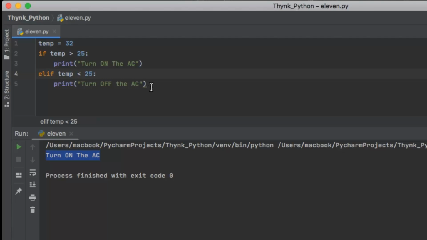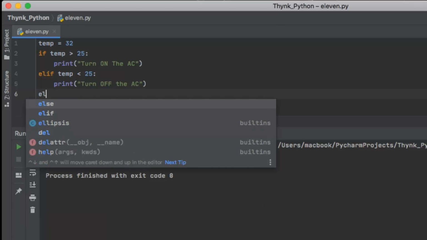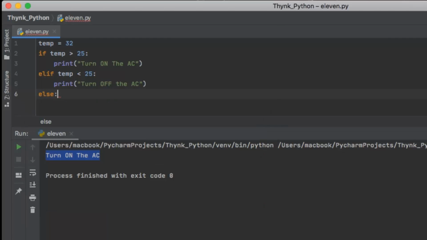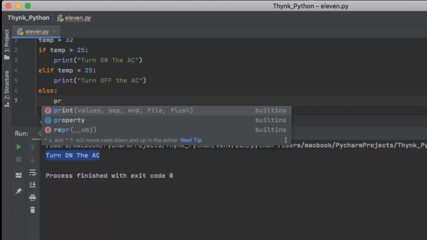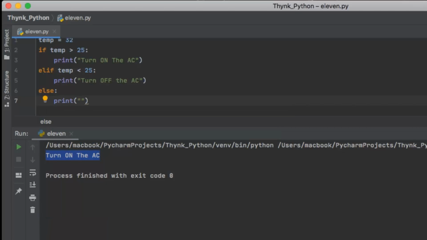Now what would happen if temp is equal to 25? Because that is the condition which we have not taken into account. If temp is equal to 25, then also some message is to be printed. So for all the conditions which are not greater than 25 and not less than 25, I'll use else. I'll say else print whatever message you want to give. So we'll say enjoy, and let's run the code.